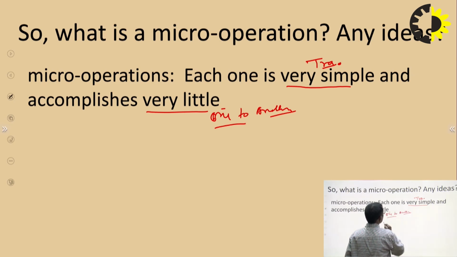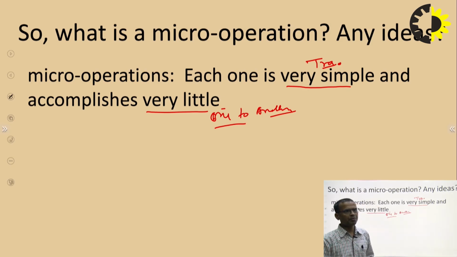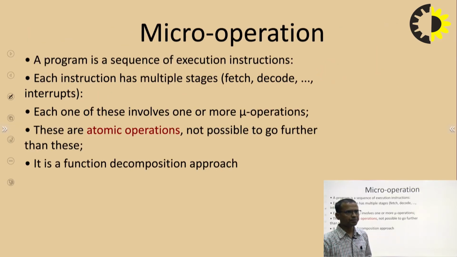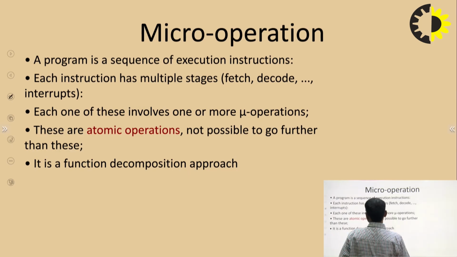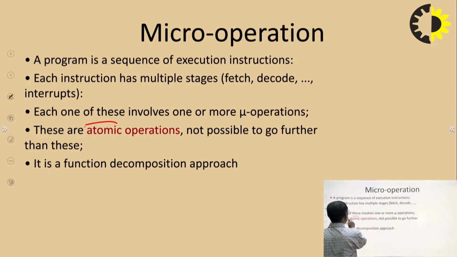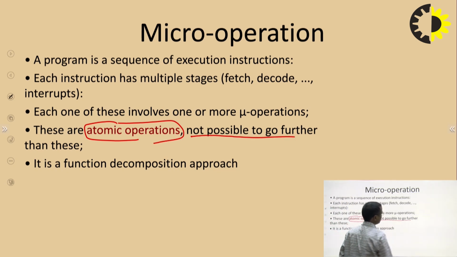That is a very little job, which is why it is called very simple. Micro operations are doing operations at the lowest level of detail. That is why these are also called atomic operations, because they cannot be divided